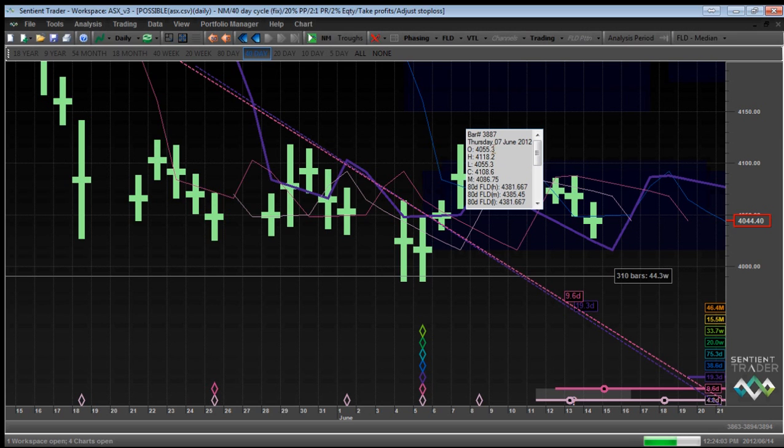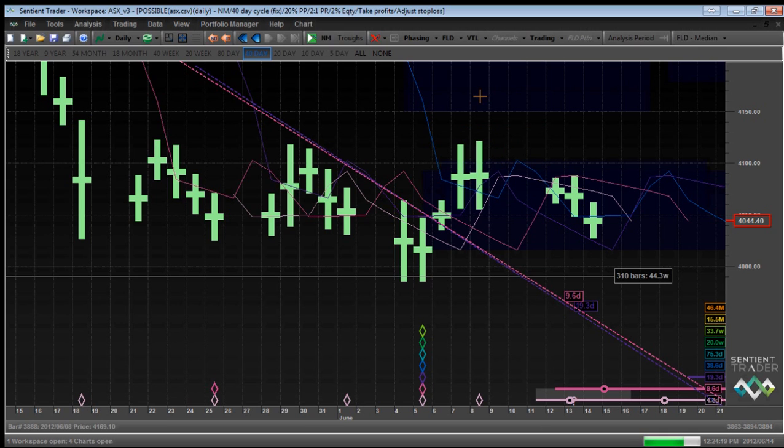I keep switching windows. There we go. Okay, the high the previous day was 4118.2. I would have definitely set it at least a full point above, which would take us to 4119.2. To be safe, I probably would have set it at about 4120. So we might have, in fact, been stopped into that. Yes, we would have just been stopped into that trade at 4121.4. Okay, so we would have just been stopped into that trade on the basis of that delayed entry.